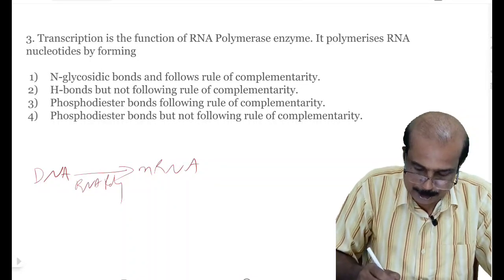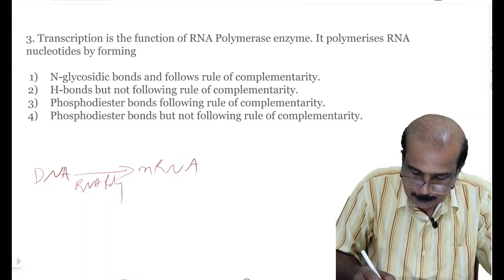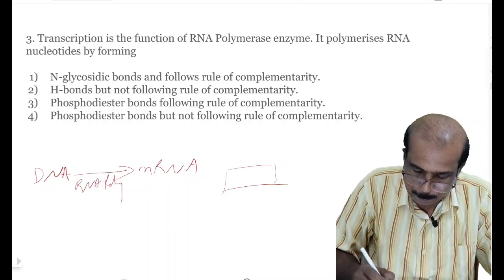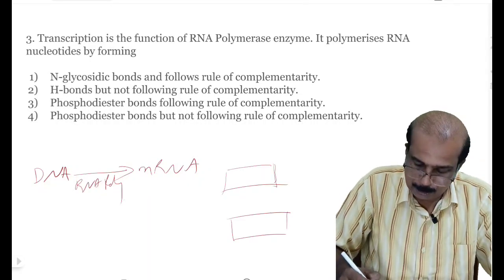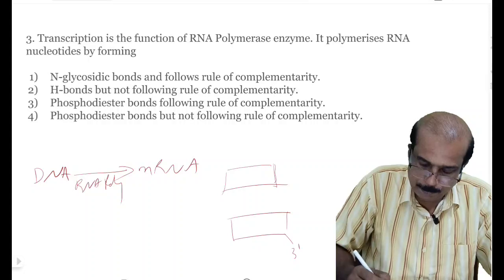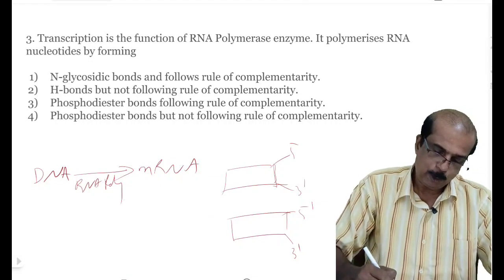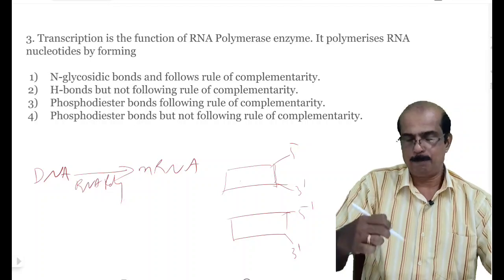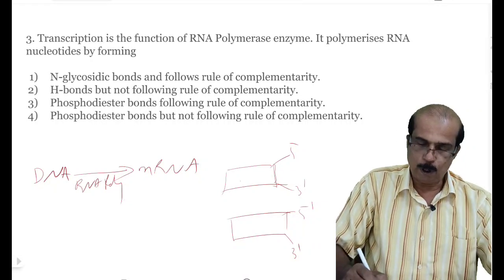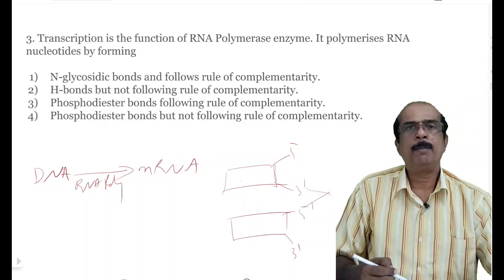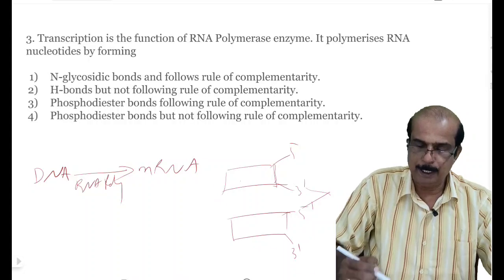Here there is polymerization of ribonucleotides. Here 3 prime, 5 prime. Here when two ribonucleotides are polymerized, a bond is formed by connecting 3 prime and 5 prime ends incorporating phosphate